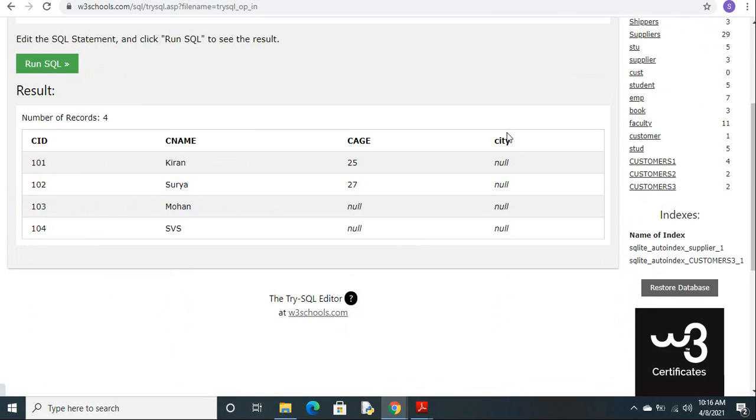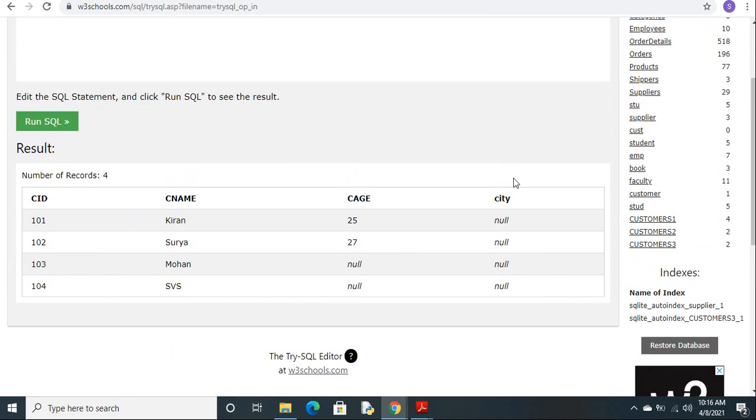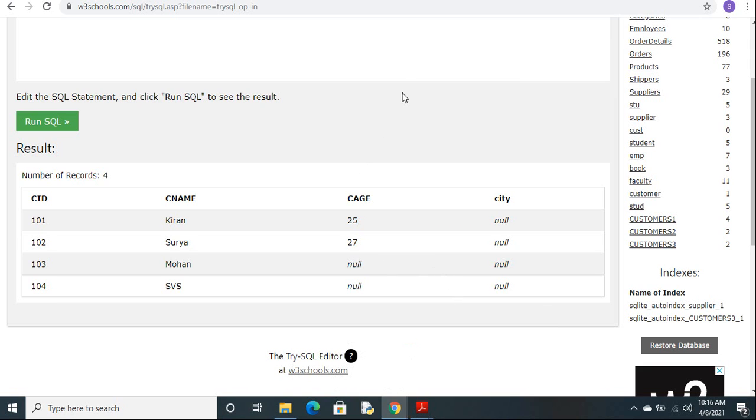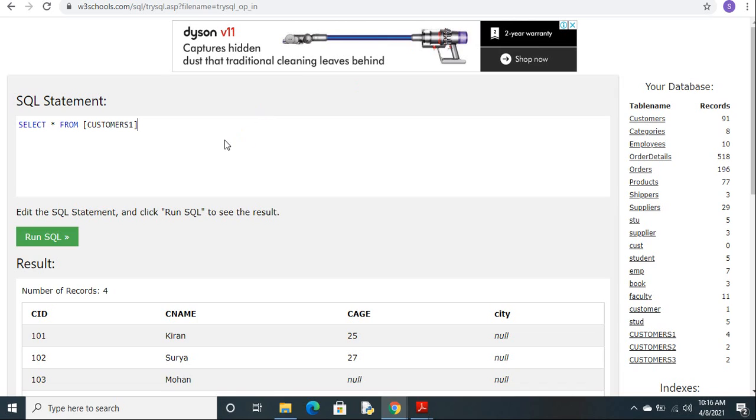Okay? New column is added. Alter table name, add column name, and data type. So this is the way how to add.